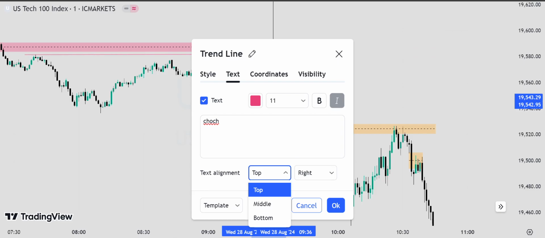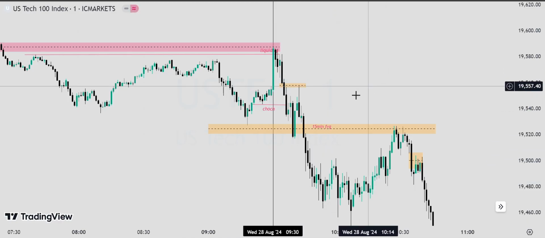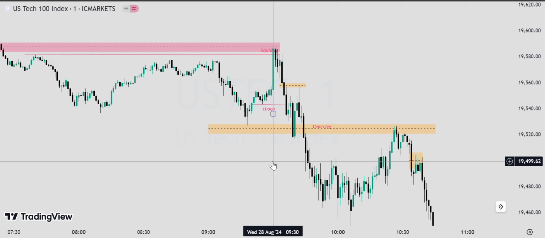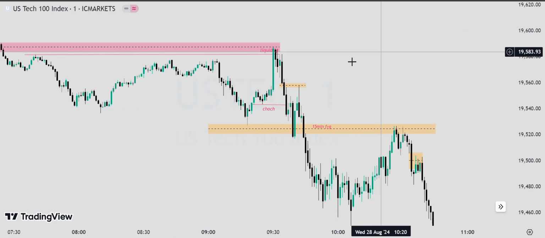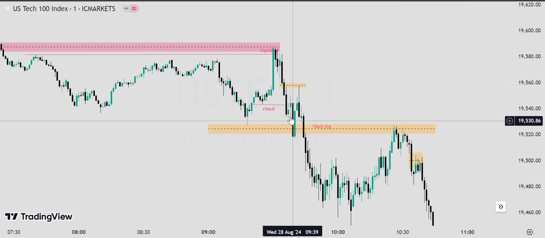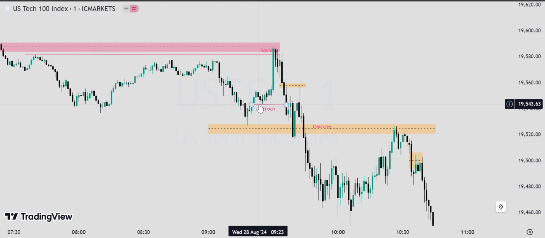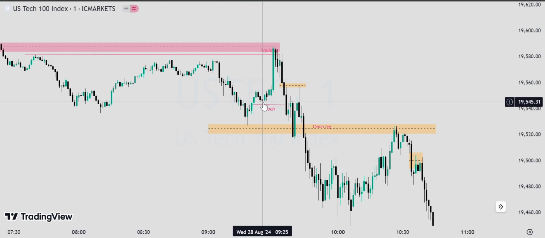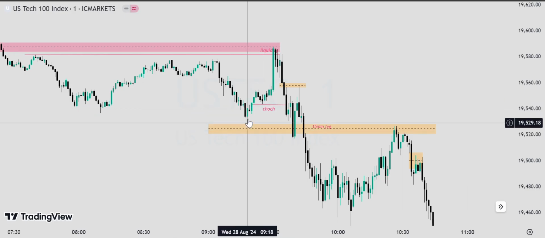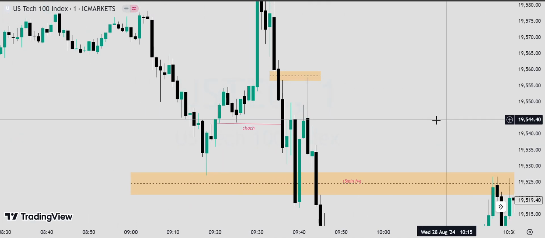So you can see there's a change of character. Let us remove this mark for the time. So that's a change of character, and then after the change of character, what happened? All these structural swings are broken. This one is broken. This one is also broken. Then what happened? Then if you check here, there is a